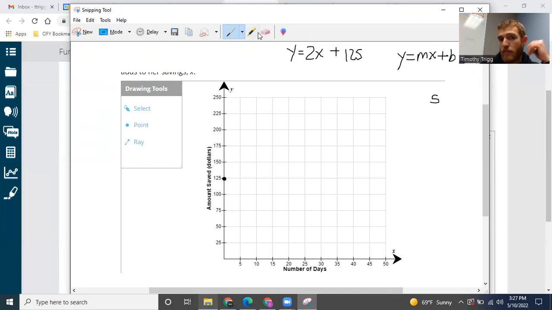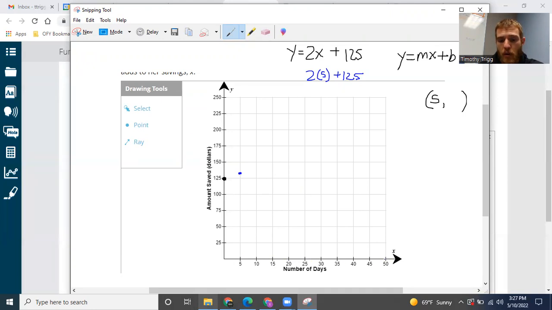So I'm going to replace X with 5 in this case. This will give me 5 comma something. So the way you do that is you replace X with 5. So this becomes 2 times 5 plus 125. 2 times 5 is 10. 10 plus 125 is 135. So it's going to be around here-ish. Well, I don't really like that point that much because it doesn't land on the grid lines that well. So maybe I'll try with,